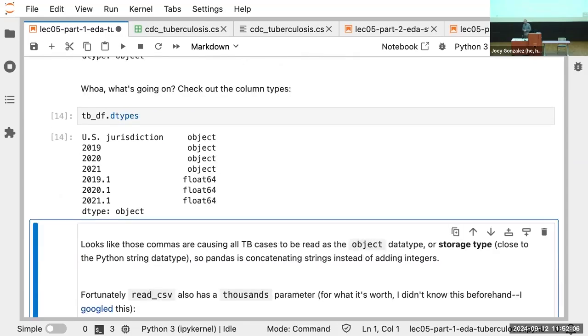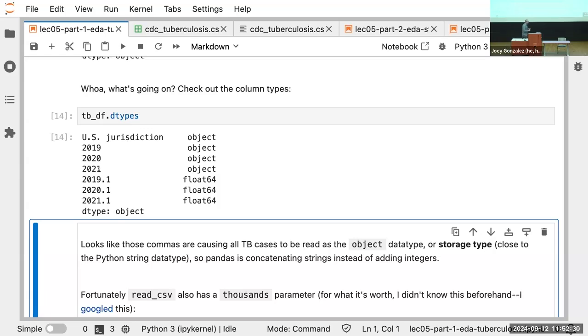When I loaded this data with read CSV, it decided that these things are objects. 2019, 2020, 2021. What does that mean to you, an object? It's the type of data, how it's stored on the machine. So in Python, objects are the things that aren't numbers like ints, floats, and booleans.